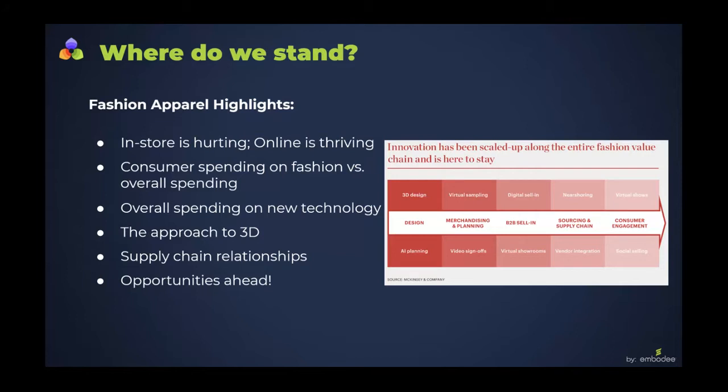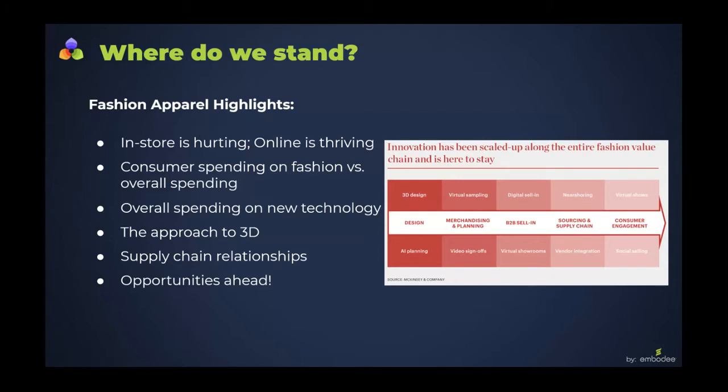Each and every one of the boxes represents an area where the innovation is happening for us right now, and there is also more to come. We also know very well that in-store sales have dropped and online is thriving, and it is not expected to change anytime soon. We'll take a look at some numbers representing what was going on, at least here in the United States. We'll also take a look at what consumers are spending their money on in clothing and accessories versus overall spending. At the same time, when brands' spending on technology needs to be on the increase, how much of it is actually happening and what more can be done in that sense.